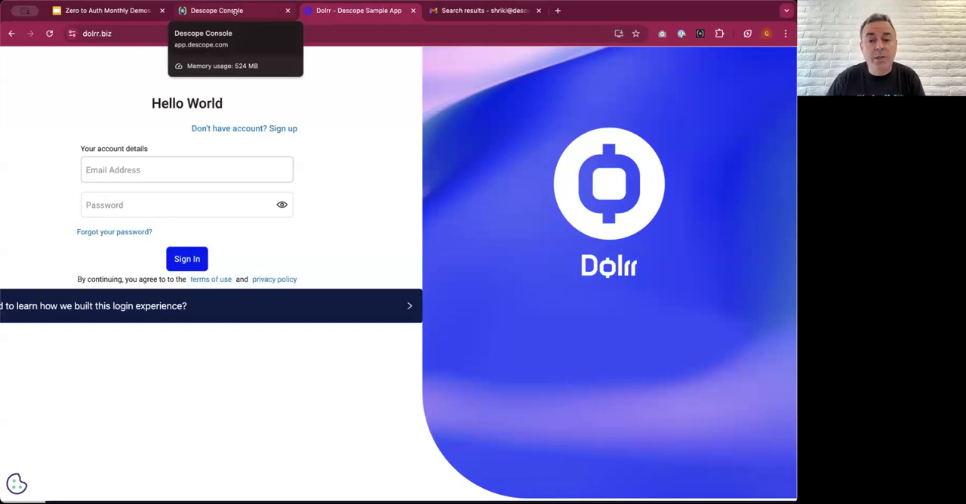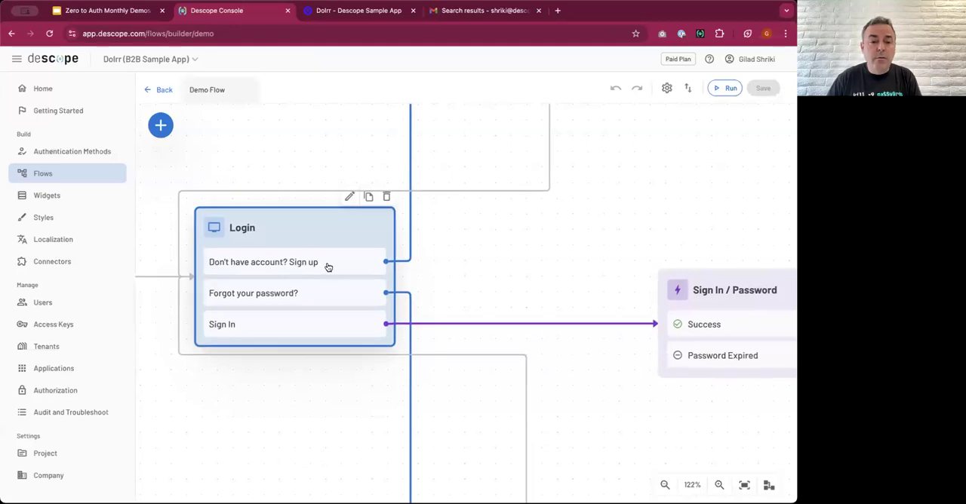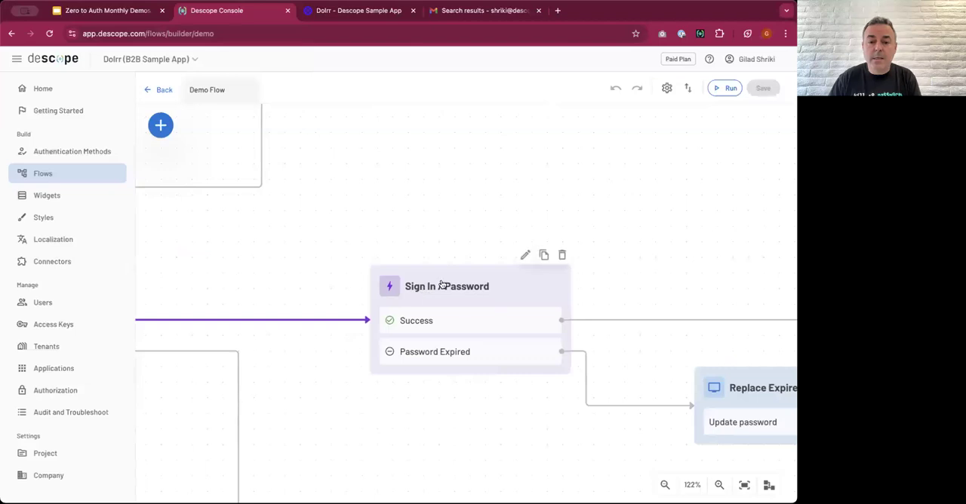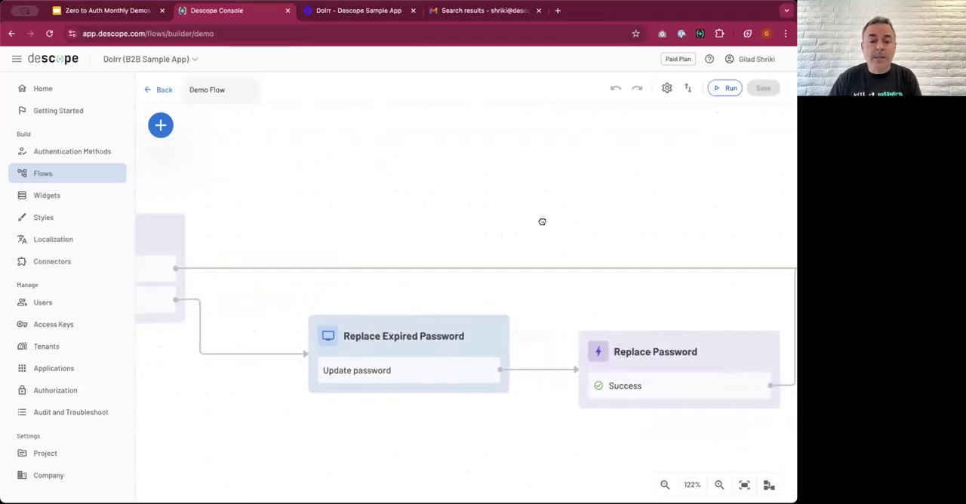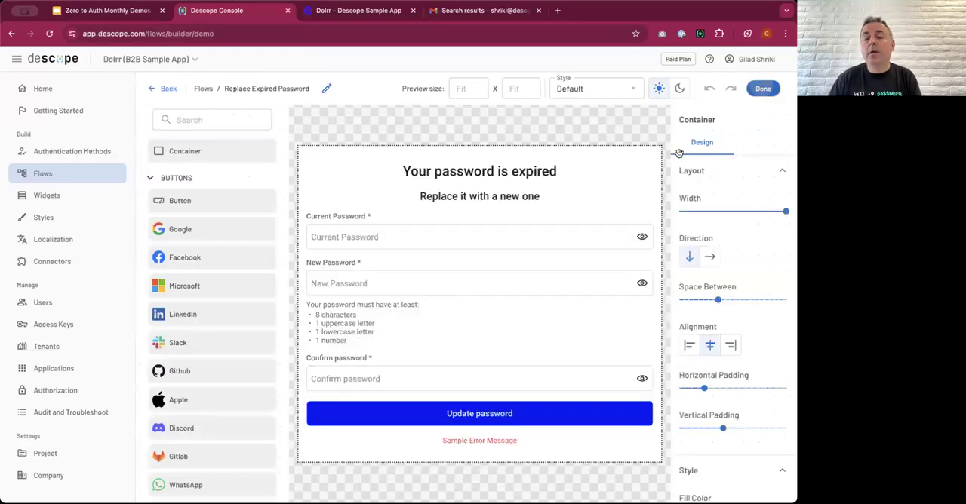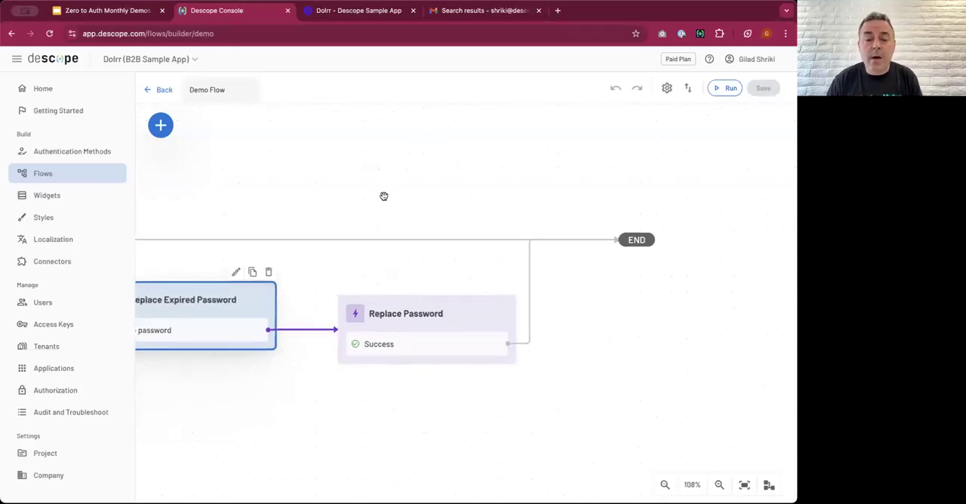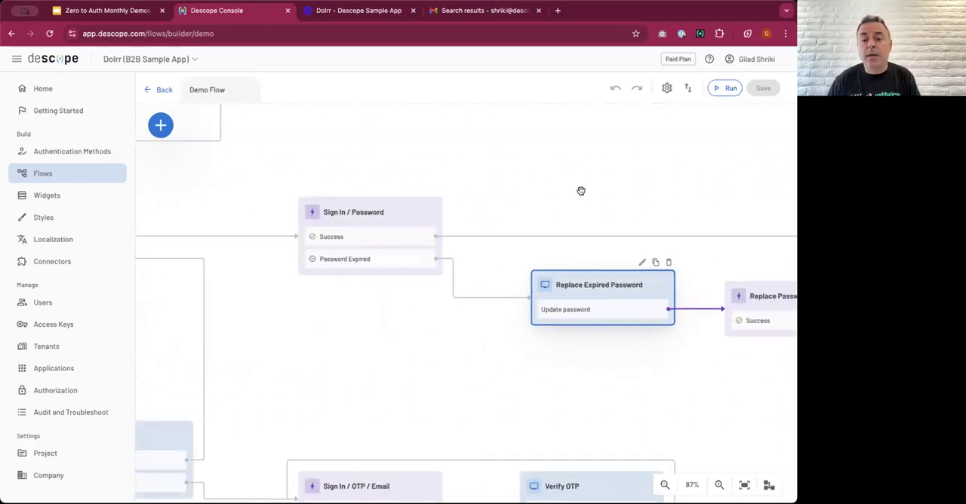So you notice I didn't change anything in my application. That includes text, structure, and login methods, which I'm going to display now. You see don't have password, forgot your password, and sign in. Sign in just takes us through a sign-in with password. If the password is expired, we do have a page to set up a new password, and then the end. The end means the user is logged in, they got the JWT token, and they can now act in front of my backend